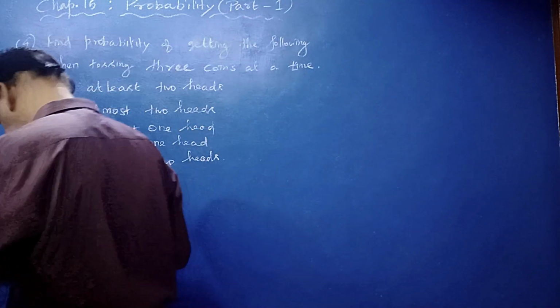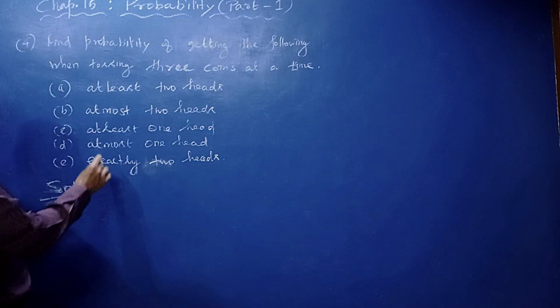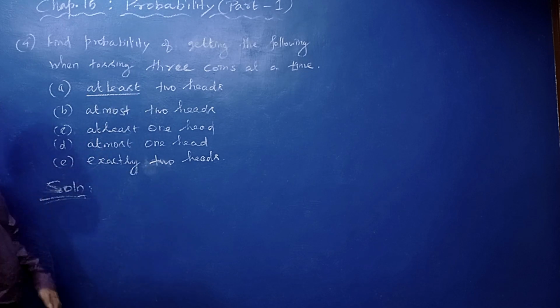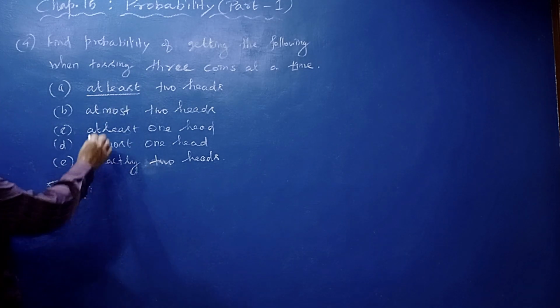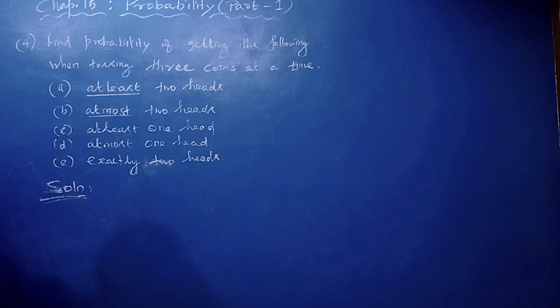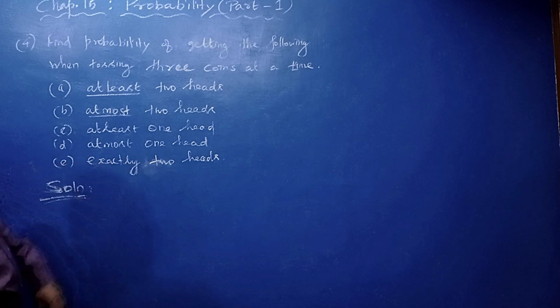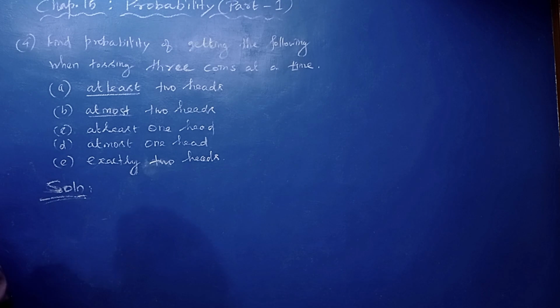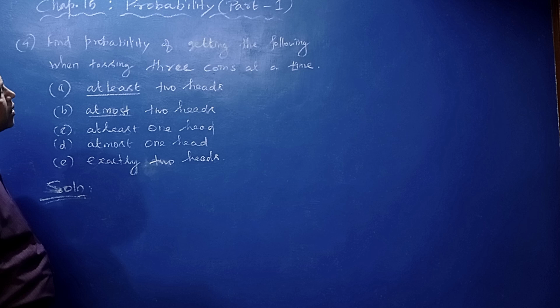That is, at least. So at least means minimum. At most means what? Maximum. Clear? Okay, exactly, that is the same. You should know the meaning of these mathematical terms. Clear? Either, neither, everything you should know. Now you see,